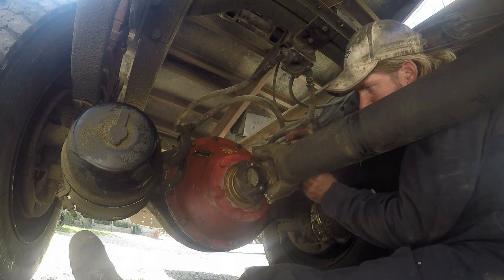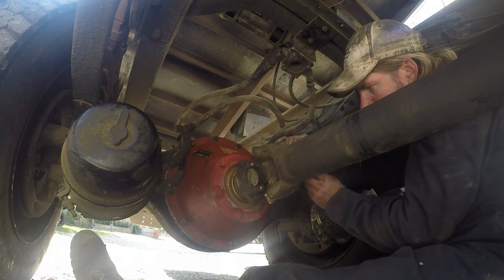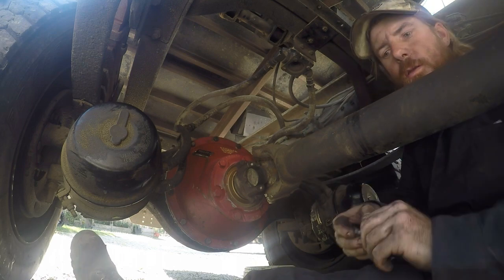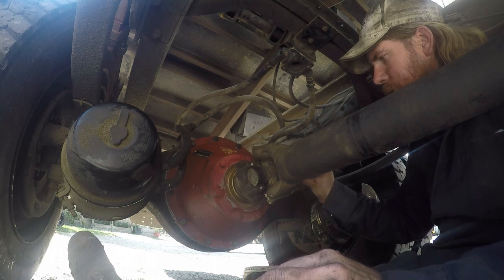Now all I do on these is I just put me a little dab of anti-seize on there, because you never know. Just something to kind of go a little extra on the